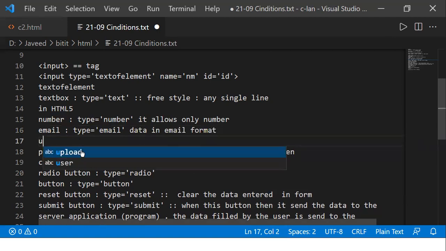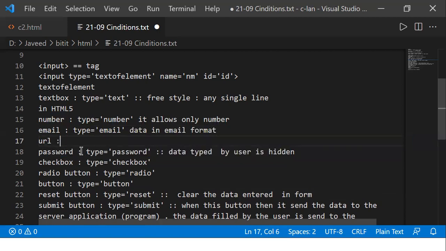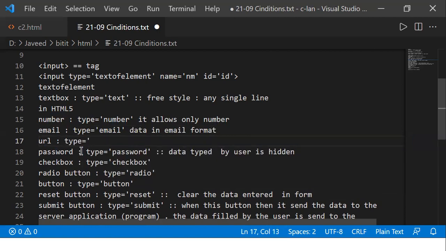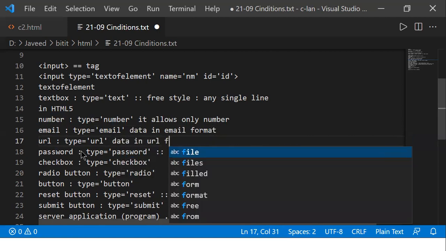Now let us say that I'm writing input type is equal to URL. Then what will happen? The data that I type is going to be verified as to whether it's in a URL format or not.